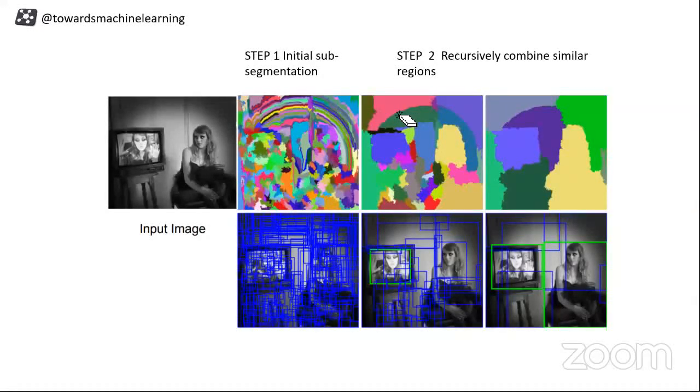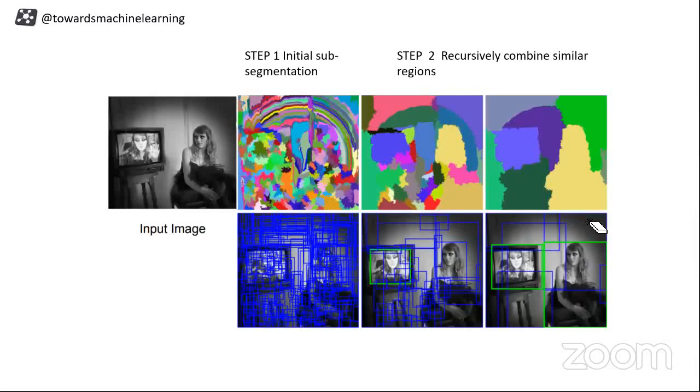So look at this. Just look at this, how intelligent it is. And in the next step, it is again iterating, and it is able to reduce the number of segments, and you can see the segments. And now you have the region of interest. You can just send this portion, maybe this color of portion, and you will be able to detect that here it is a television, and here it is a lady.